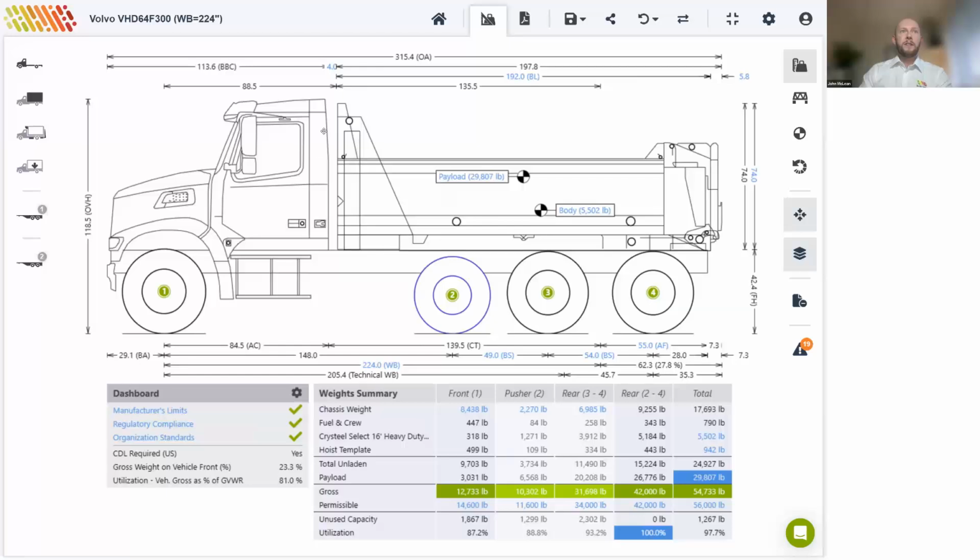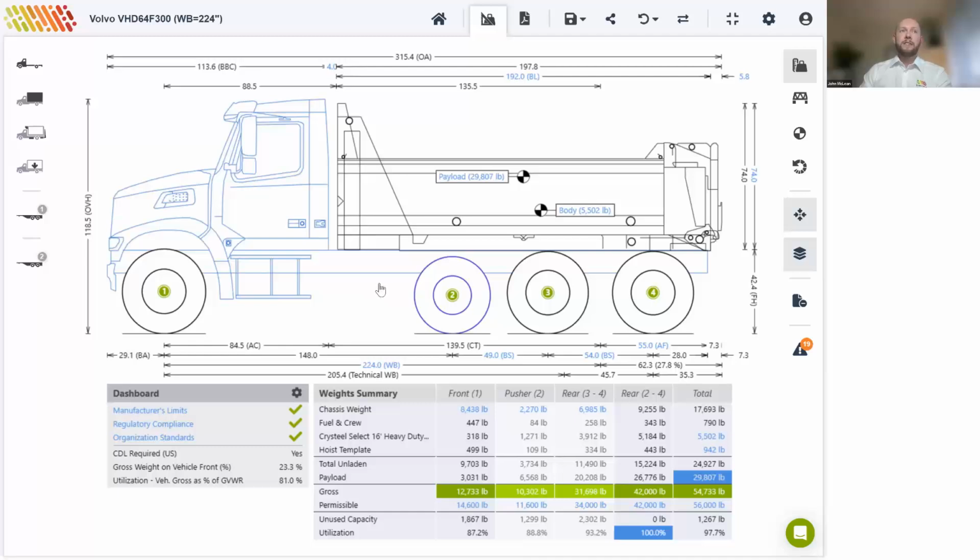If we have another look at our dashboard, we'll see that the utilization of the gross vehicle weight rating has increased from about 70% to 80%, but we're still not near that 100%, which indicates that we can still increase our carrying capacity by adding, say, a second pusher axle. The first consideration will be whether we have enough available chassis space. And it may look like we do initially, but in practice, that depends on the layout of the fuel tank, the DEF tank, batteries, and the exhaust, which